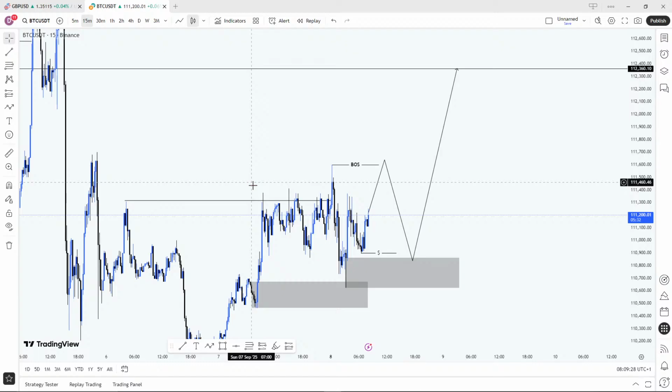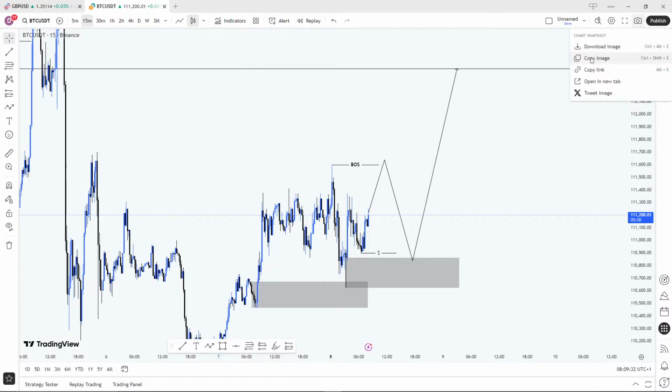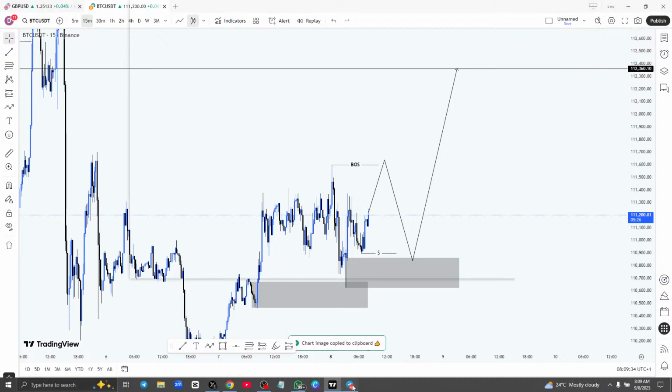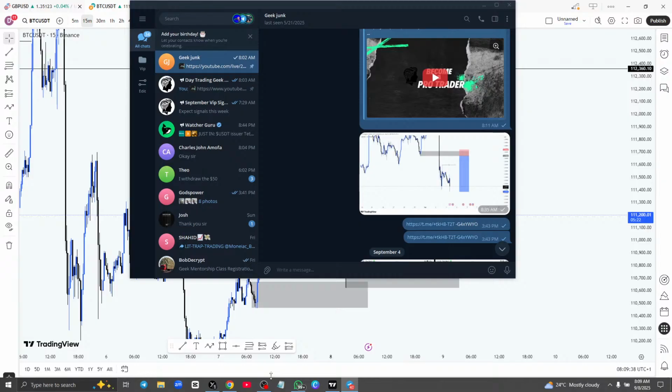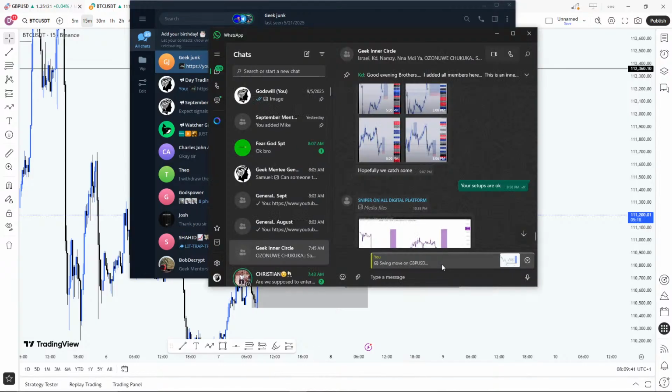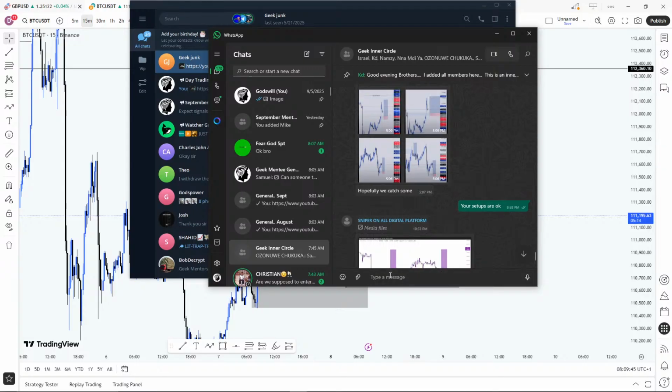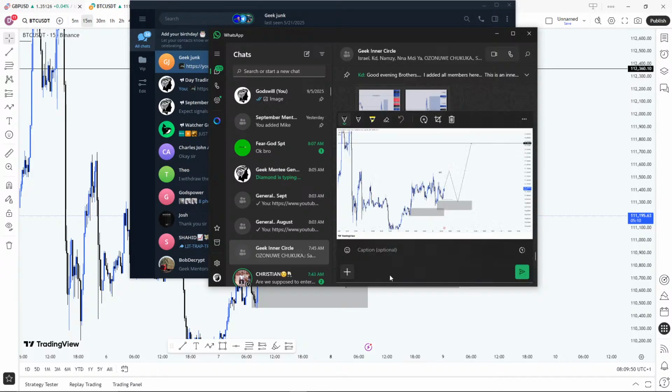Right, so that's why we need that break of structure. So I'm going to drop all the diagrams. Then remember, not all of them are signals, they're just my bias, what I'm expecting, right? Then if it has broken the structure or everything is now complete, I'll type out the signal, right?